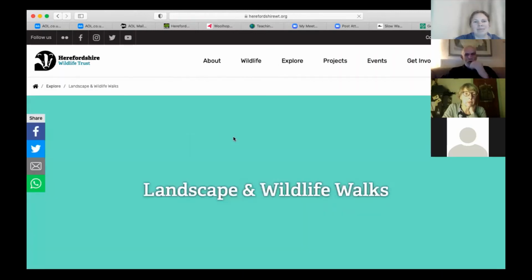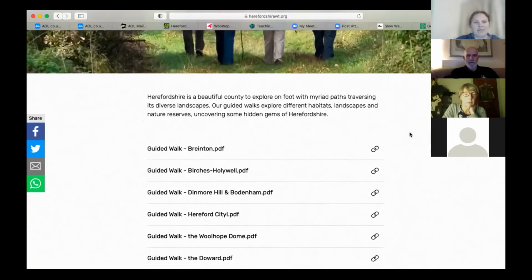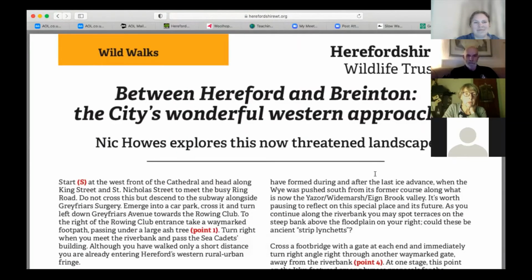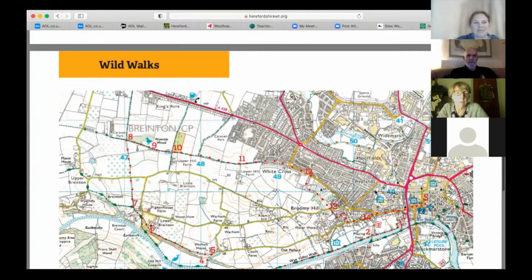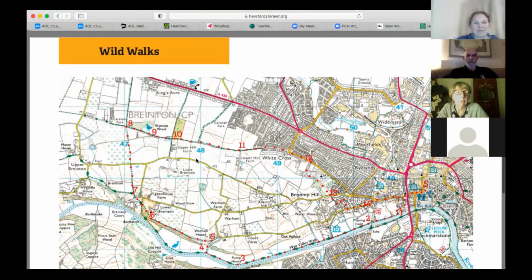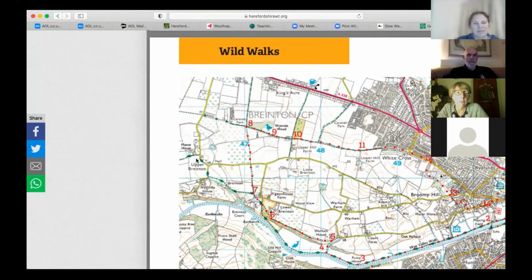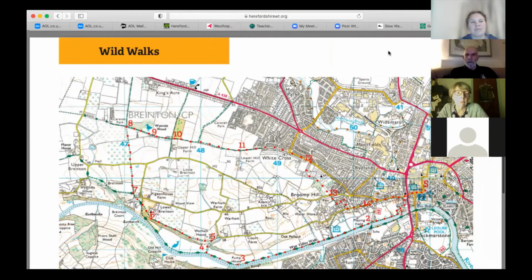And there are quite a lot of opportunities there, including some that we've put on Google Maps. But that Brainton walk, for example, not the extension that Sarah suggested, but the one that cuts straight up to Wyvale Wood. But the map that's included does show the bit to Upper Brainton there. So there's those. How do I go back